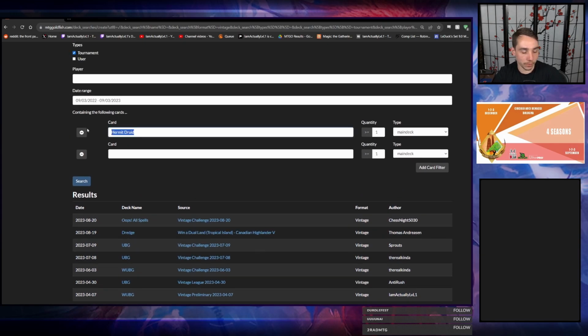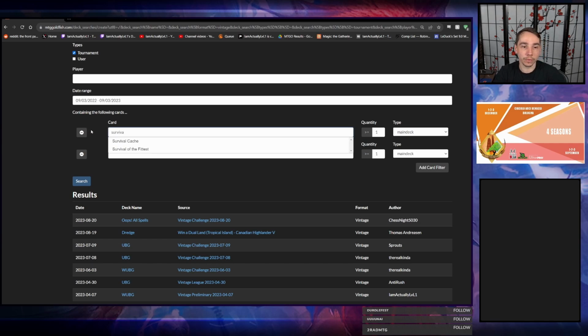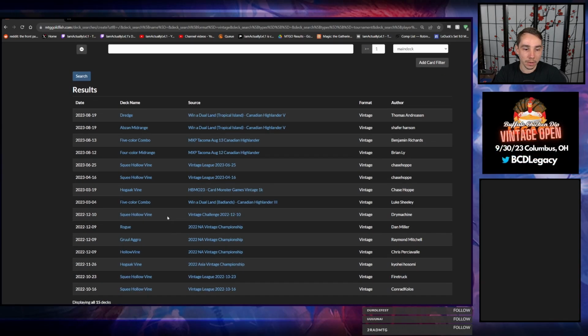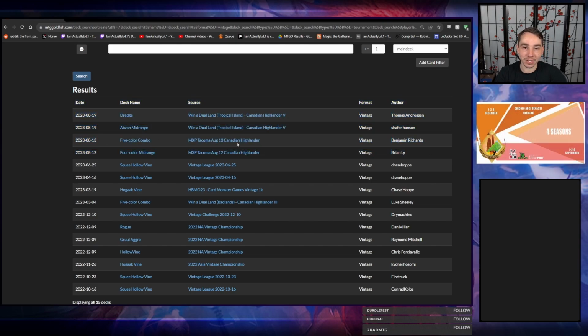The same is true for any kind of card. Survival of the Fittest is a good one. This is a card that doesn't see too much play in Vintage anymore, but has seen tons of play in the past. You can actually see, ooh, I guess this is a good example of the data. Your output is only as good as the data that goes in. So you can actually see, unfortunately, some